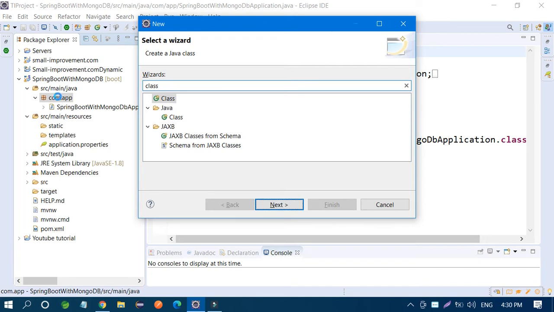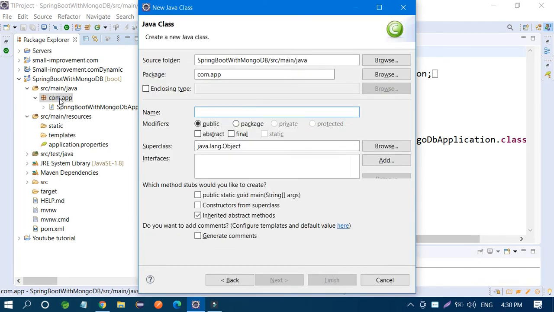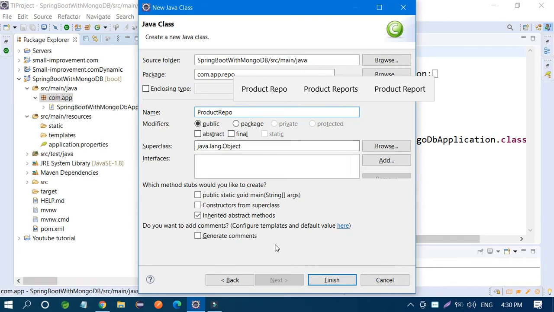Write the package repo, and here you have to write the class name, ProductRepo.